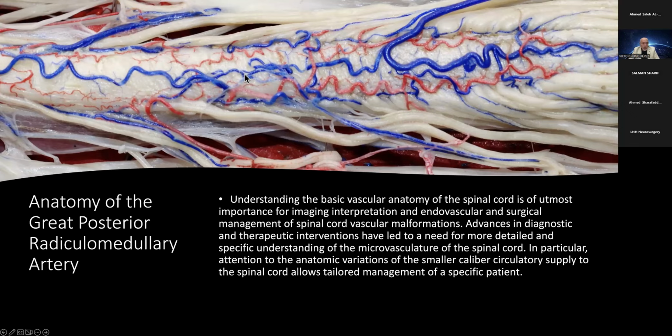Here we have the posterior aspect, and in the posterior aspect we have two posterior spinal